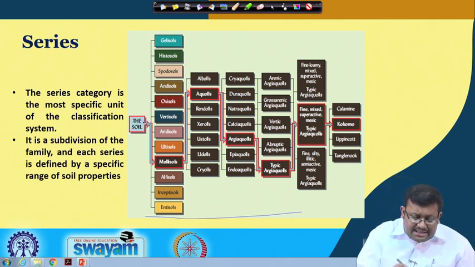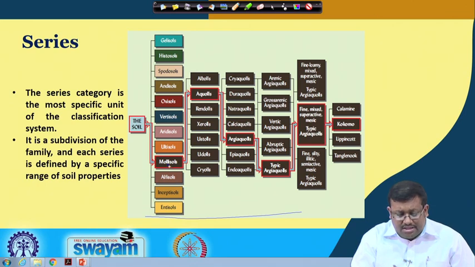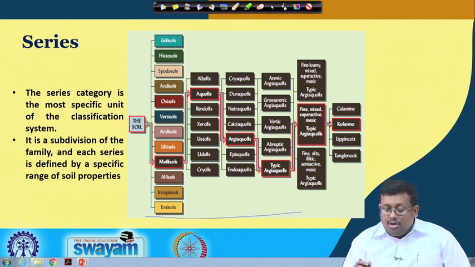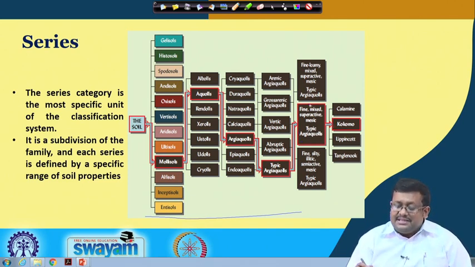Let us start with the soil, and obviously it comes within the Mollisols, which is the major order. From there we go to the suborder, that is Aquolls, then the great group, that is Argiaquolls. After that the subgroup, that is Typic Argiaquolls, and finally fine, mixed, superactive, mesic, Typic Argiaquolls, and finally we are getting the name Kokomo. So the Kokomo series is defined by this total family name, and it is specifically defined by some measurable properties.